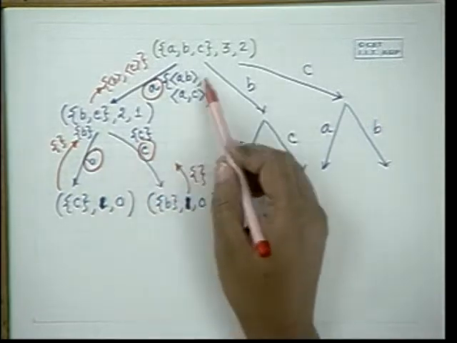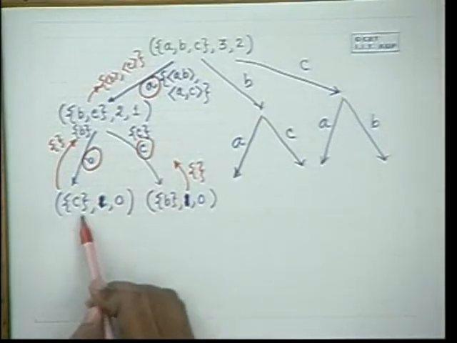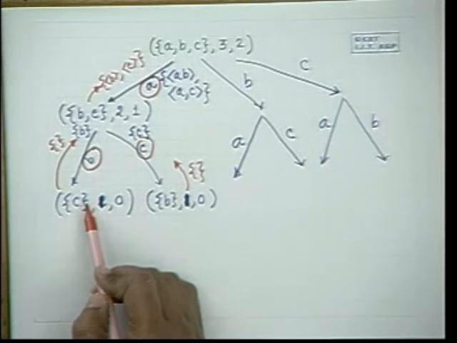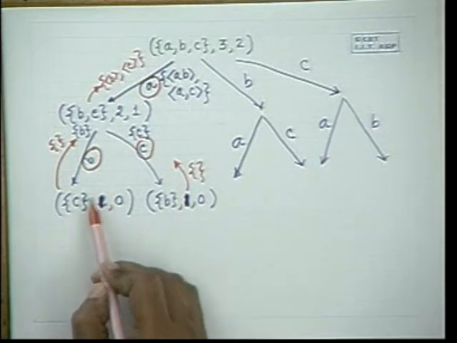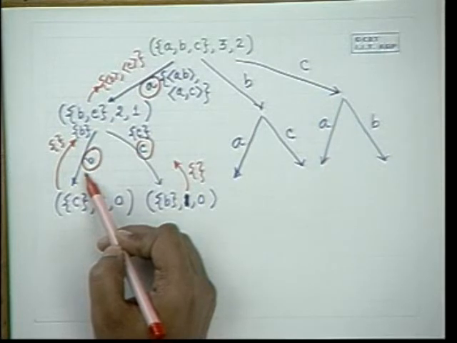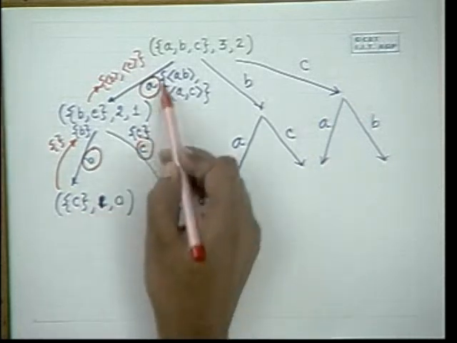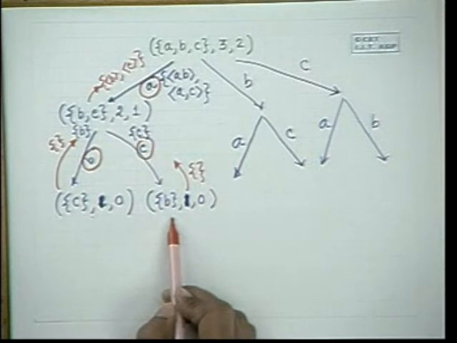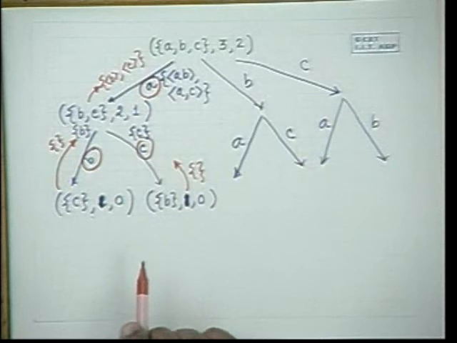So instead of declaring out what we want, suppose we only want to print the result, then at this point we could have printed the result provided what? Can anybody tell me provided what? Provided at this point, see this point we have lost that we have come through A and B. So we don't know that we have come through A and B. But if we had this information, we could have printed it here. Here we could have printed A and C. Here we could have printed B and A. Can anybody suggest how we will do that?